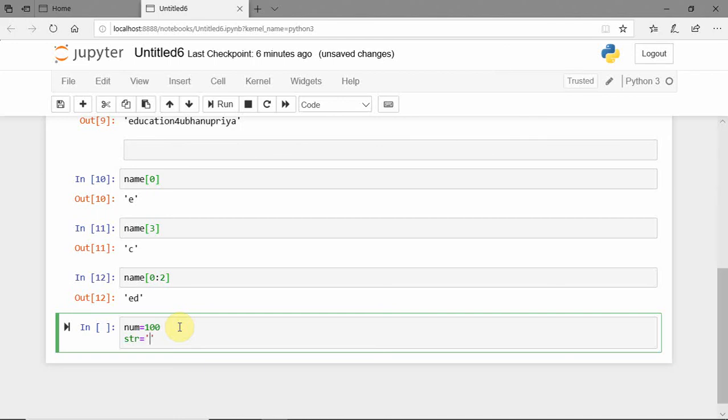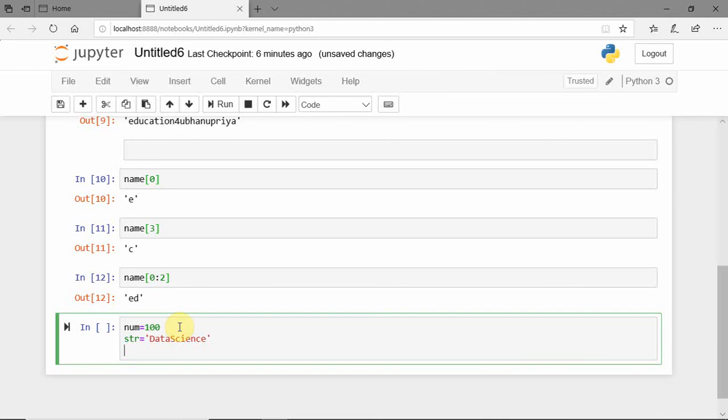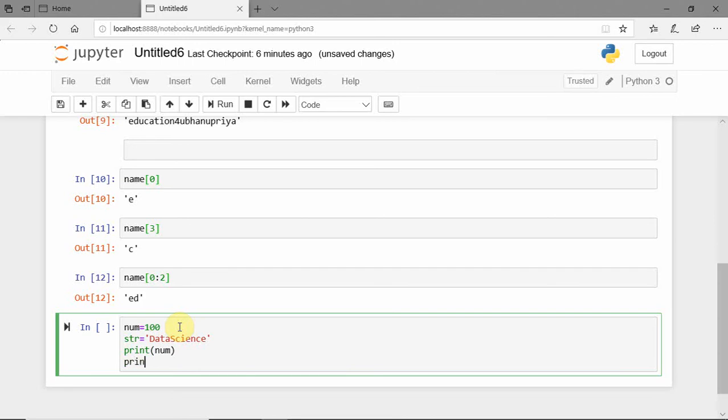Now I want to print the num value as well as print the string value. Now try to run the program. So you will get the answer as 100 and data science.